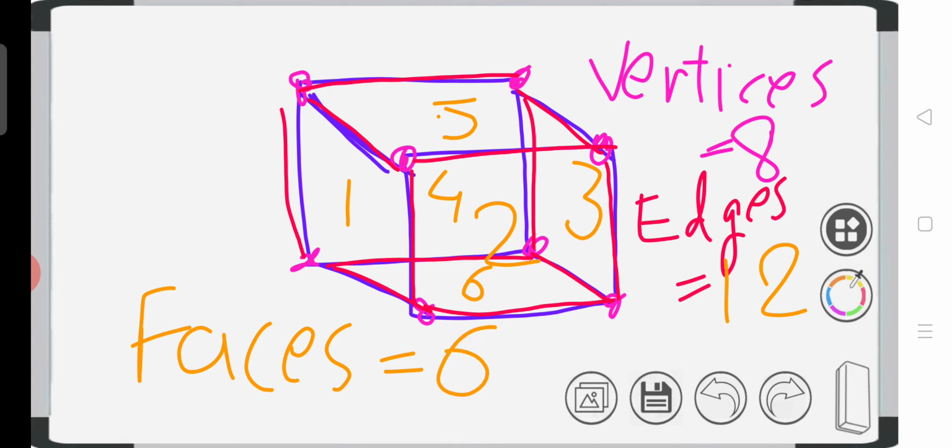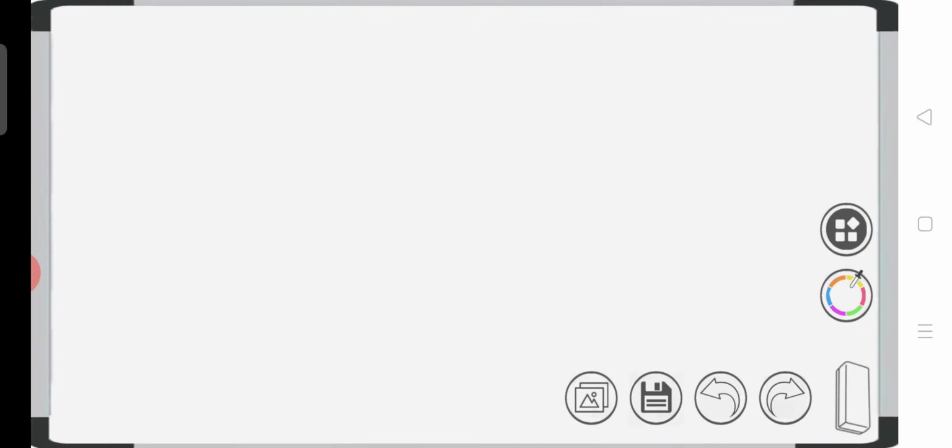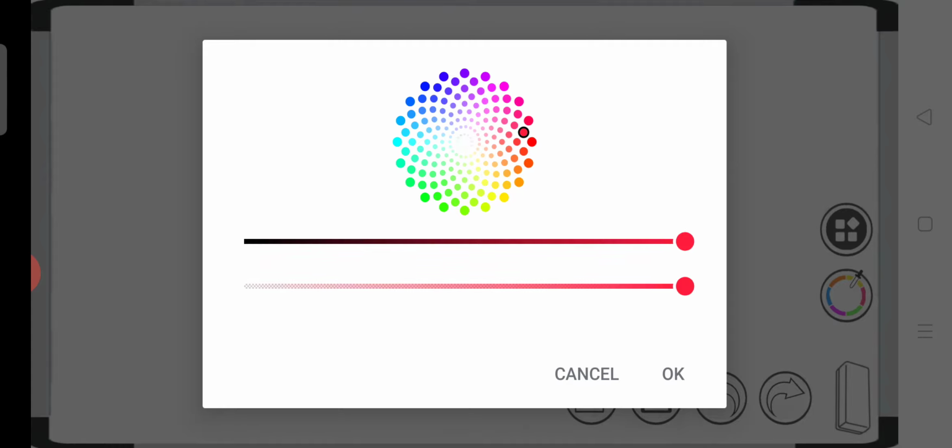Now you can say what are the nets for building 3D shapes. Nets means how the figure is being formed. So you can practically look out for the net and see how these figures will be formed. Suppose this is the figure. Here you can see this is the figure of a cube.